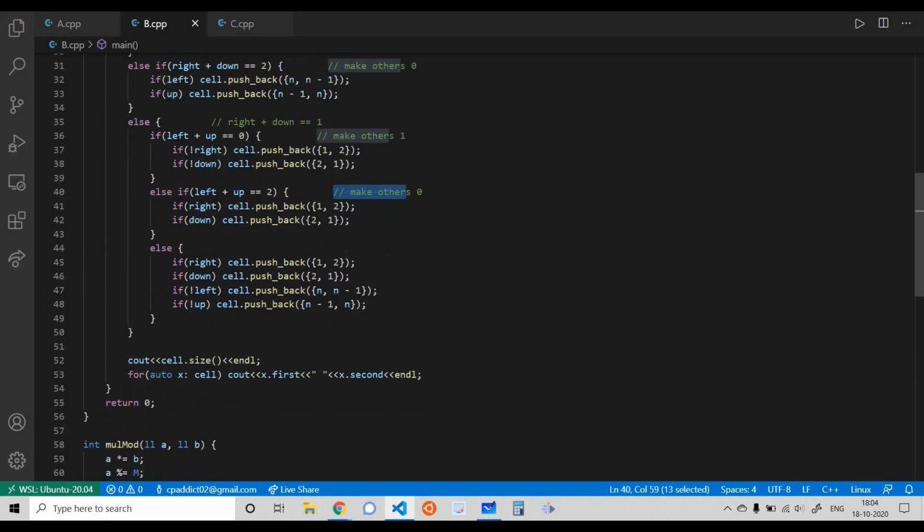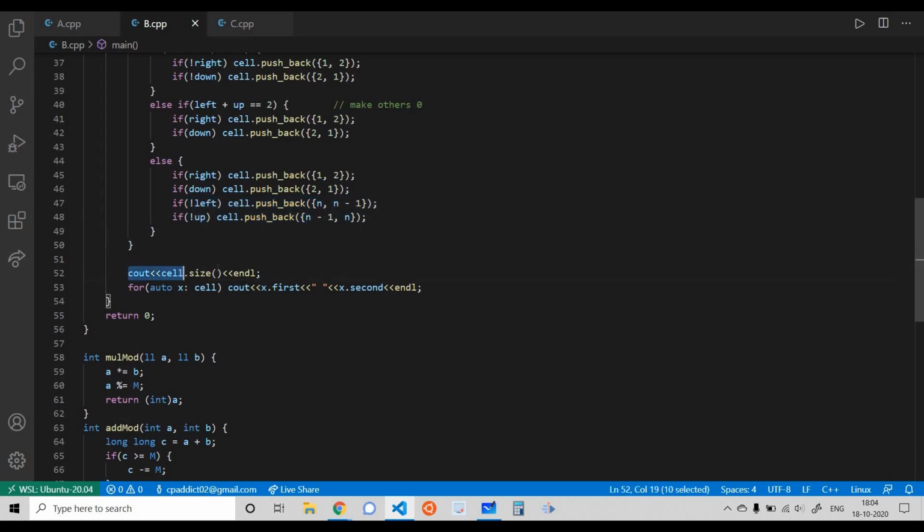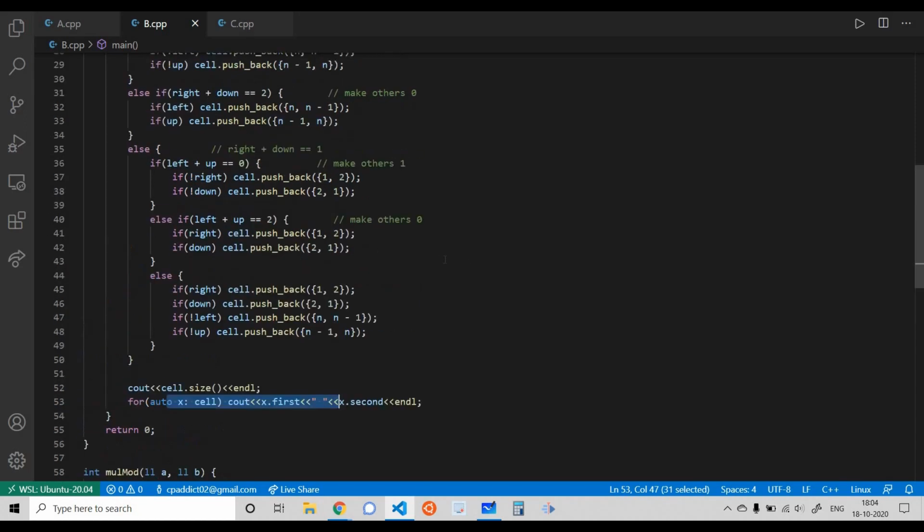Then in my entry point, the cells which are adjacent to my entry point, I need to convert into zeros. Otherwise, what I'm doing is converting my top left corner into zeros in these 2 rows, and I'm converting my bottom right corners into 1s. It would be taking at most 2 operations. Then I simply print the cell size. Here cell contains the coordinates of the points which I am inverting, so the number of operations is equal to the number of elements present in my cell vector, and I'm printing out the elements of this vector. That's all for this problem.